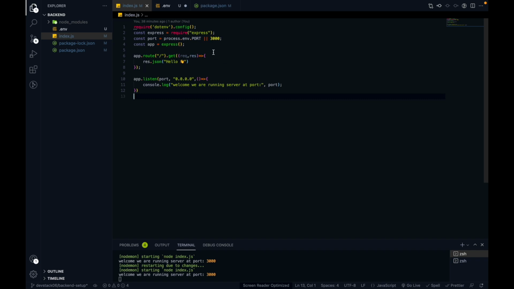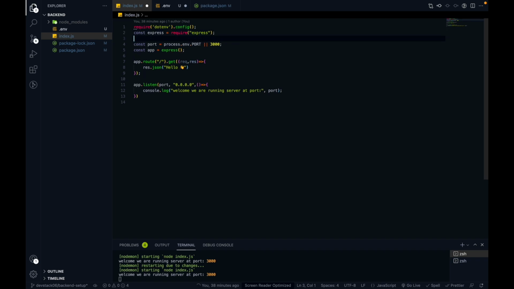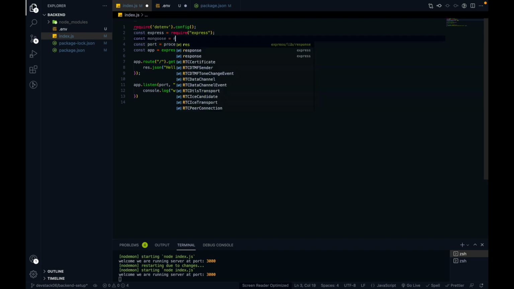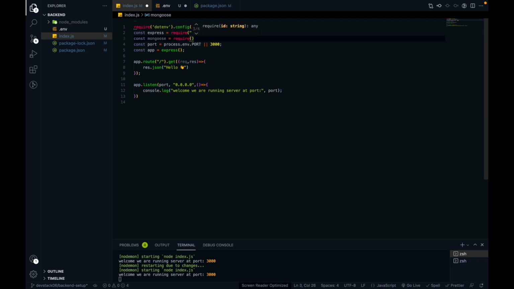Here we have the server, and the next thing we have to do is import the Mongoose package, okay. I will get back to this .env thing later, but first let me use the Mongoose package. We have to use the require keyword to import the Mongoose package into our index.js file. Now we have the Mongoose package, okay. With the help of Mongoose only, we're going to interact with the MongoDB database or MongoDB Atlas server.